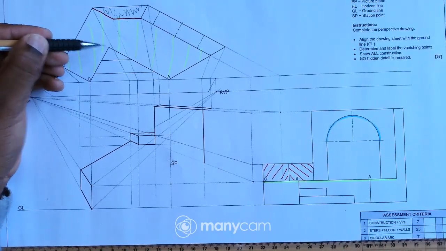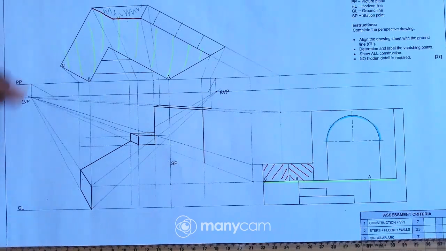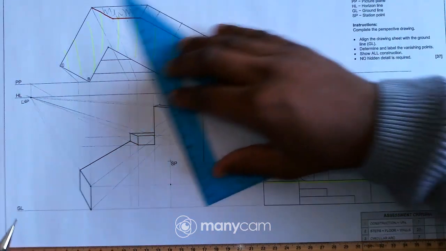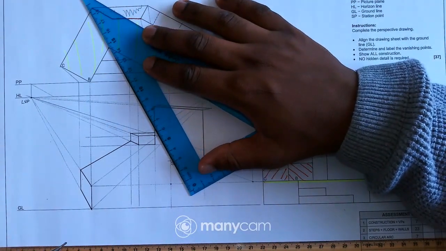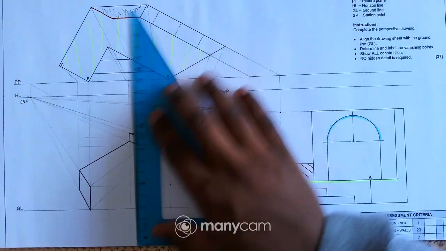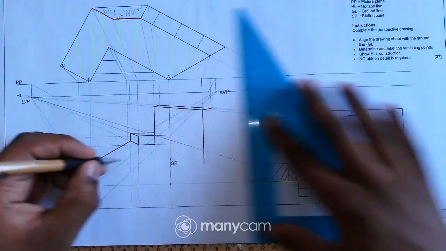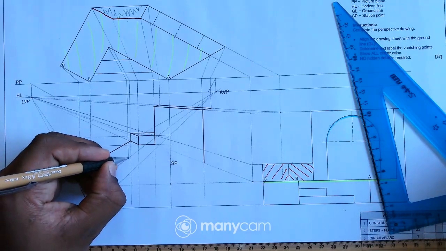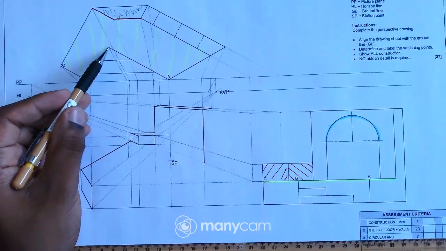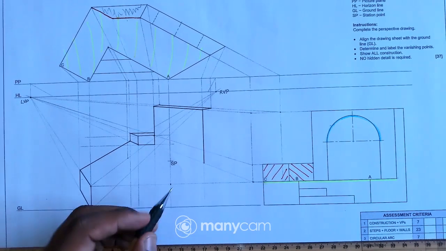Okay, then now that means I'm done with this left portion or side. So let me just try and get this point. First I'll take this point to the station point, then drop it down. So that means that point is right over there. And remember there is a line that goes straight to point A. Where is point A?